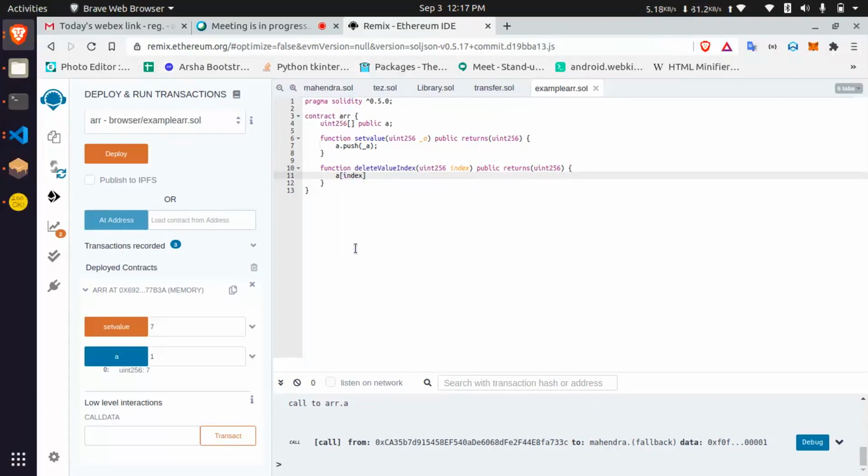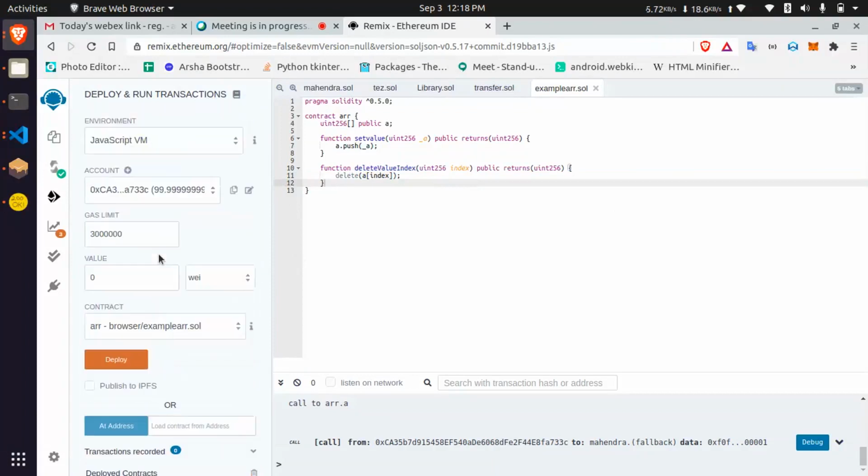It means I am mentioning the array position here, so that you can access it: delete, and then that array index. Okay, let's see, we can deploy again.